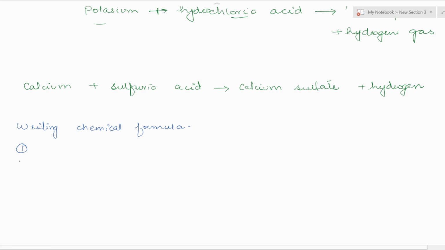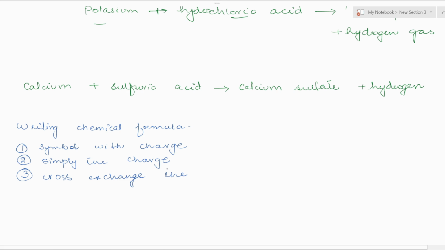There are 3 steps that you must know. Number one, write the symbol with the correct charge. Number two, simplify the charge if possible. At the end, cross exchange the charges